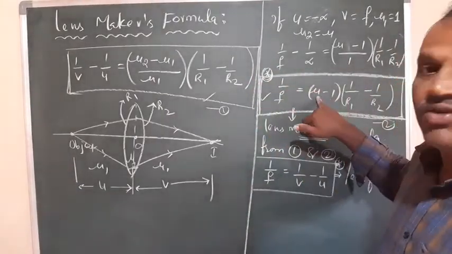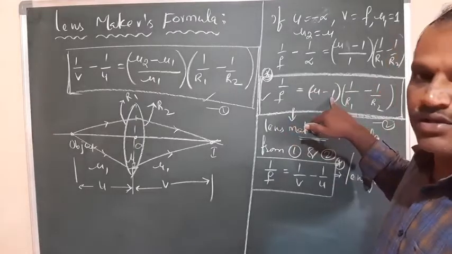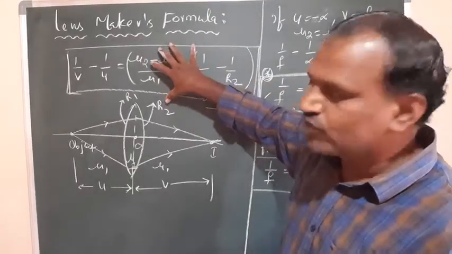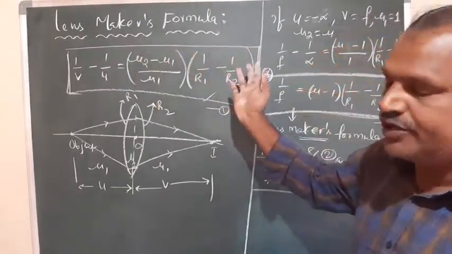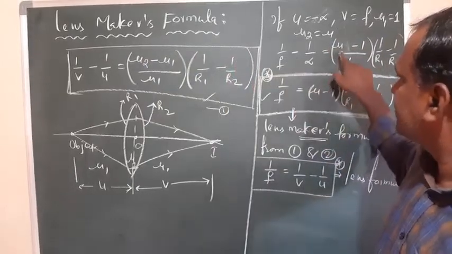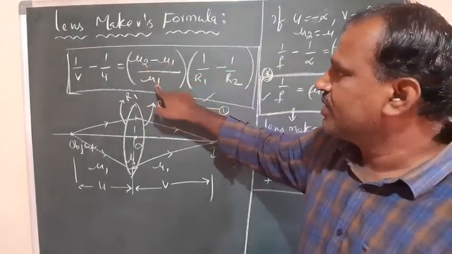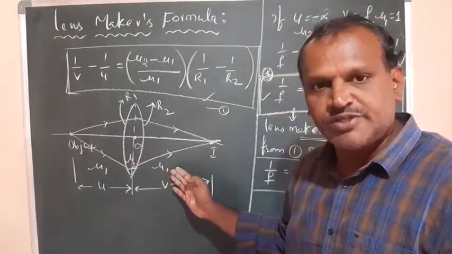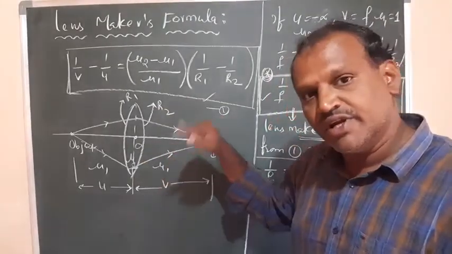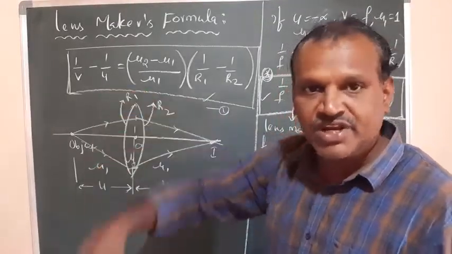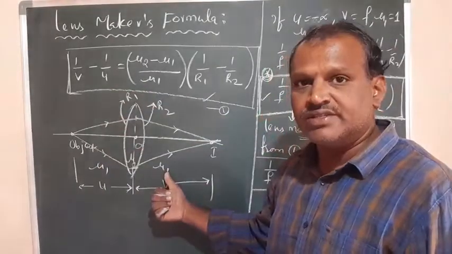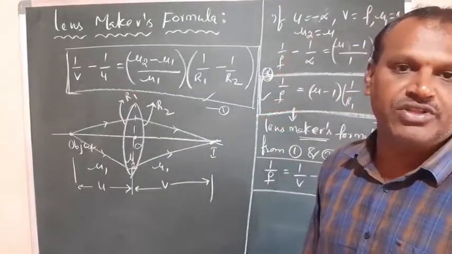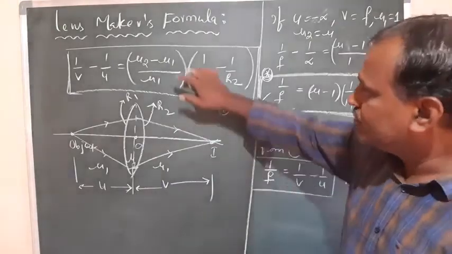What is the mu here? It is the refractive index of glass. Mu1 is the refractive index of the air medium or free space when you consider it. Actually the formula is this one, but it is modified into this form with mu2 minus mu1 by mu1. If the outside of the lens is not air, you have to take the refractive index of that medium. Suppose we are keeping this lens inside water. We should not take mu1 as 1 there. You have to take 4 by 3 because it is water. So you have to use this formula there.